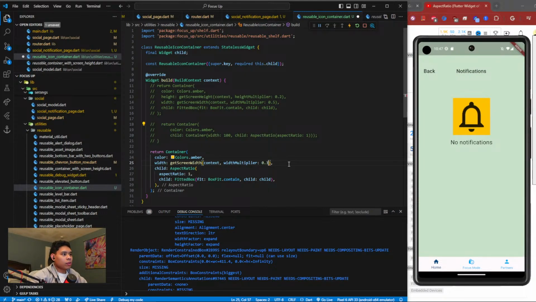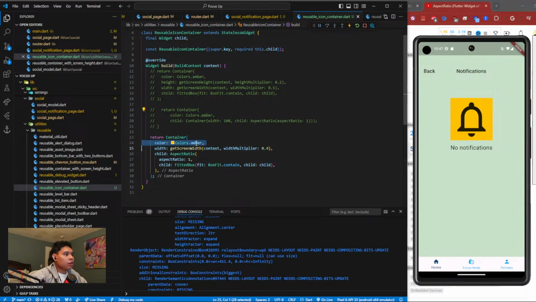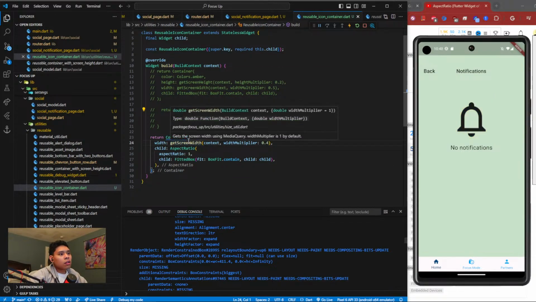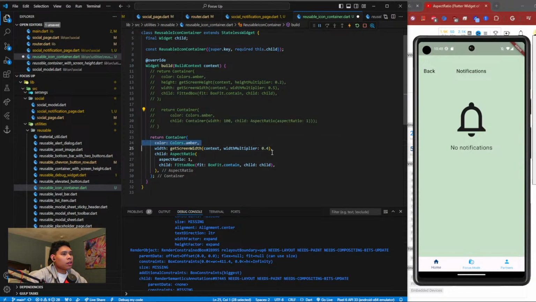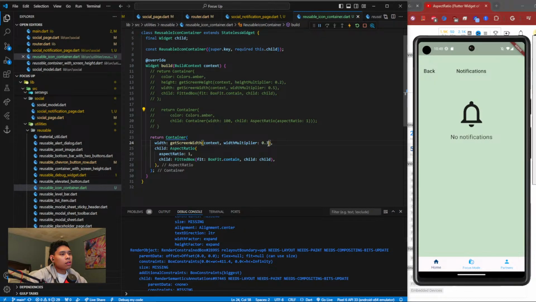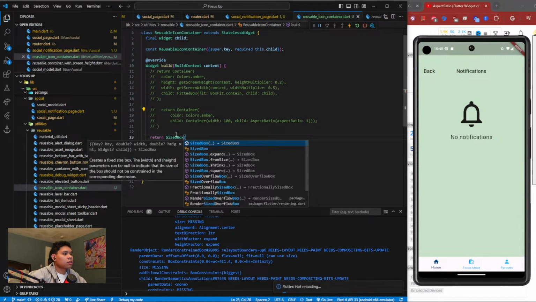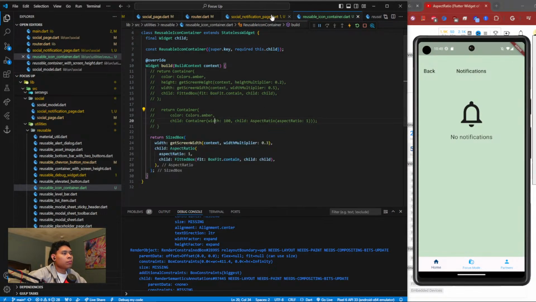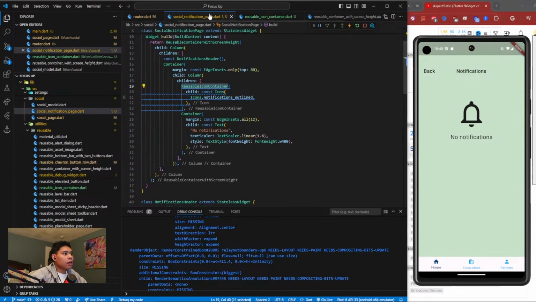And now we just have to worry about the size, to have it to what we had before. I think 0.4 was good, right? Like, this was a good size. It's a little too big, right? Yeah, that's a little too big. That's good. Sure. I'll use size box instead. And